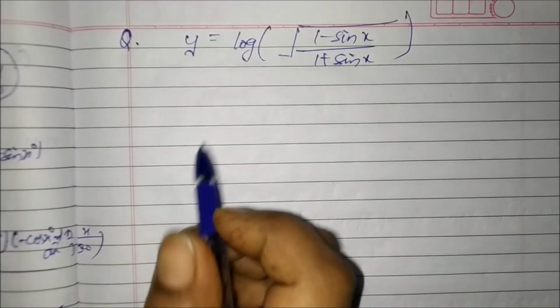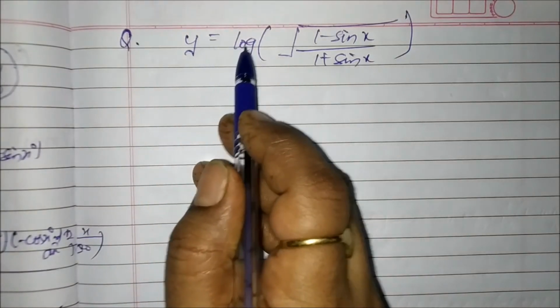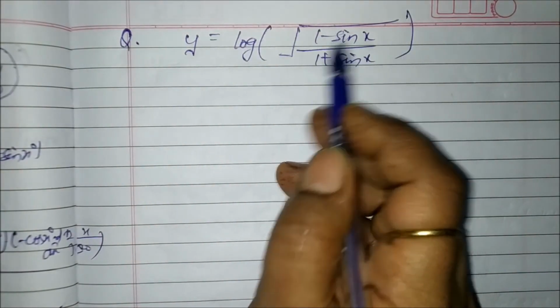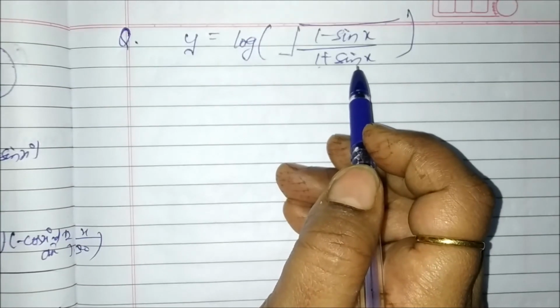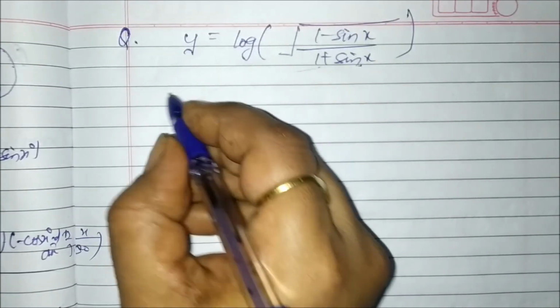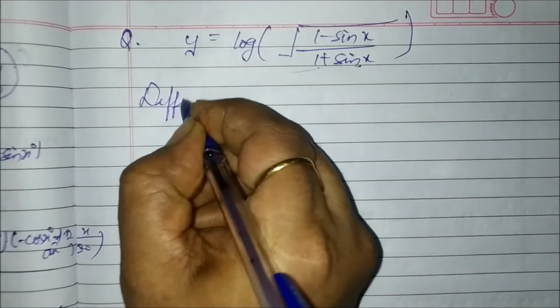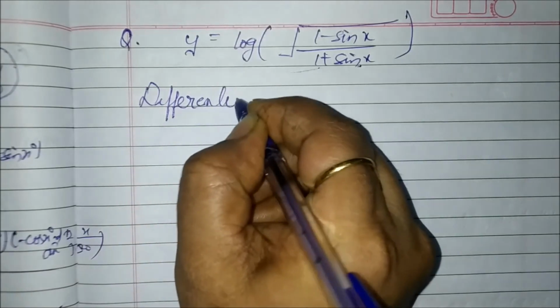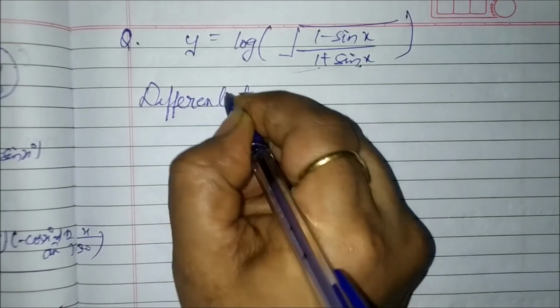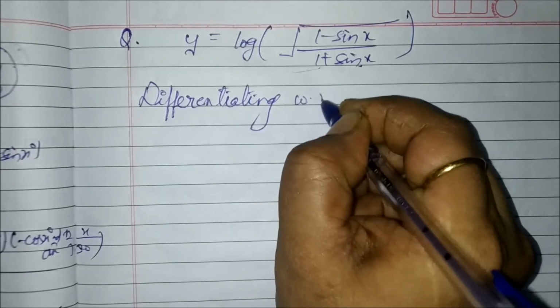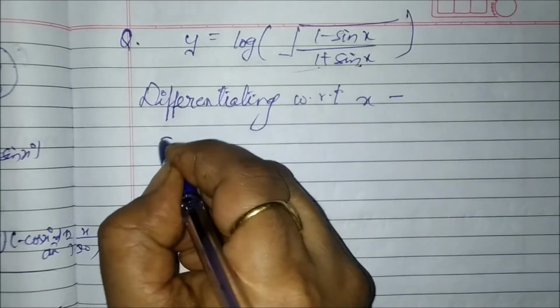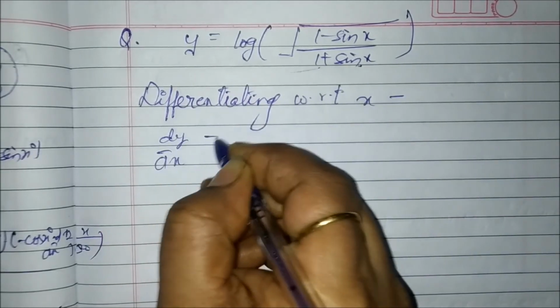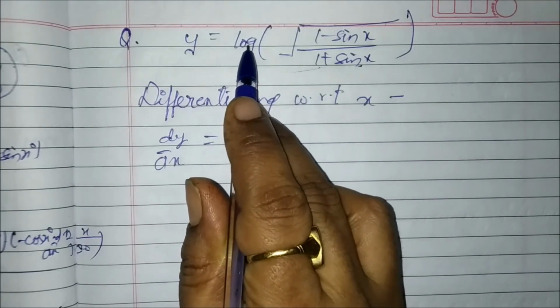Now the next sum is y equals log of root of (1 minus sin x) upon (1 plus sin x). We have to differentiate this function. First, differentiating with respect to x, dy by dx is equals to, now derivative of log x is 1 by x,